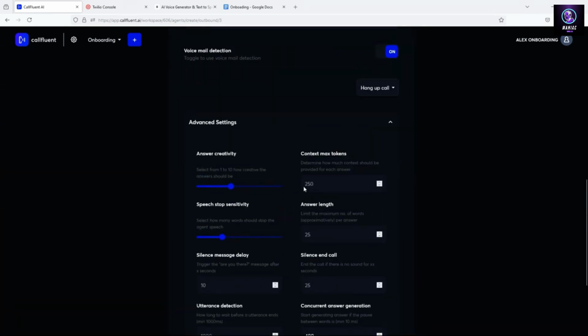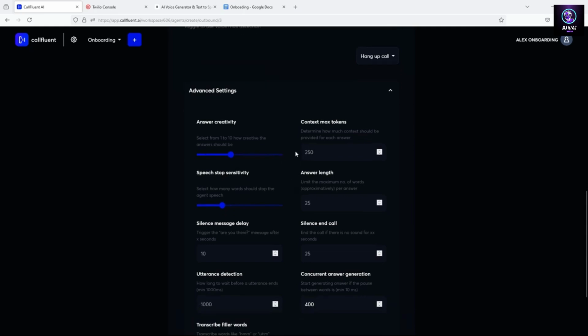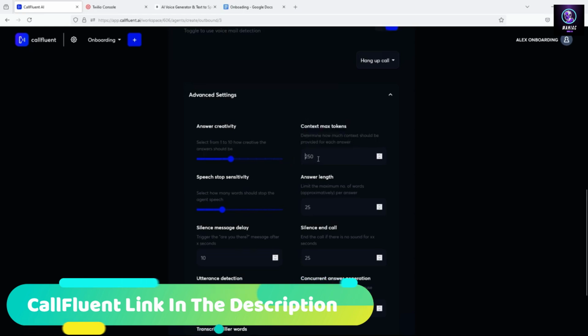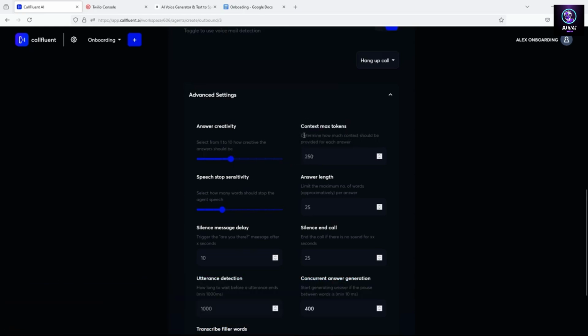Control the max tokens, which is by default set to 250, and this is how much context you will give to OpenAI for every answer. So the history of the conversation will go to OpenAI within a limit of 250 tokens, and it's okay to have it higher, but the higher it goes, the bigger the delay from OpenAI will be. So you need to find a balance between the context and the delay